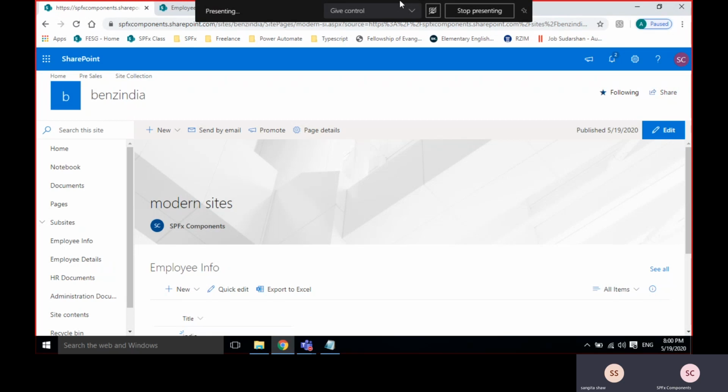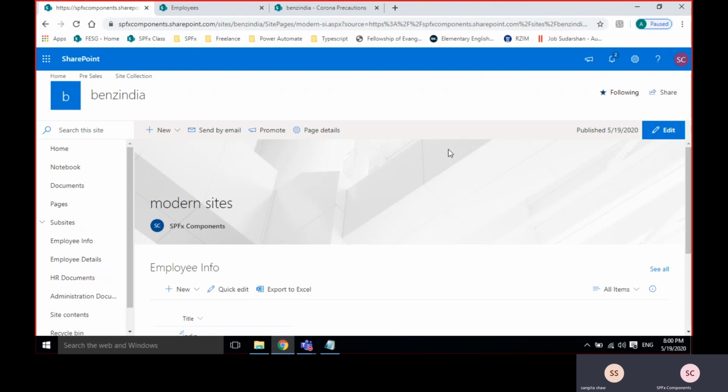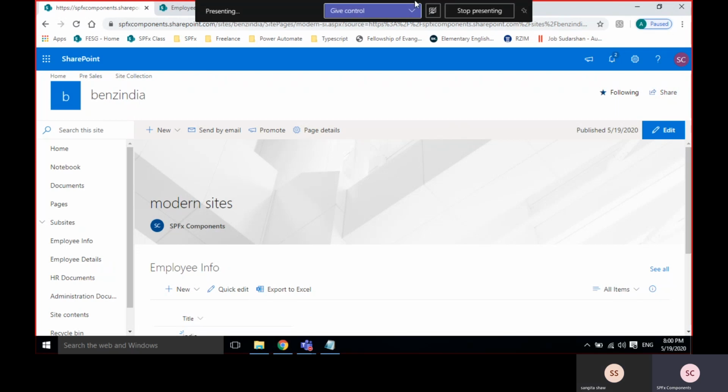But it is not there for the 2013 version. In 2013, as developers, 99% we will work on web part pages. So that's it about the pages. Any doubts or something? No. Okay. So the record will be saved in the